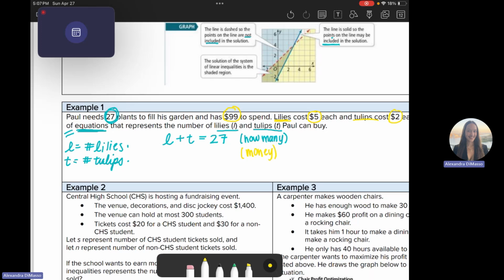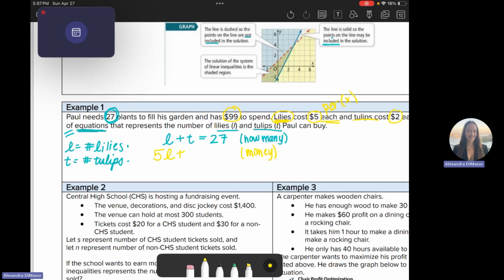So I know each lily is $5, each one. So anytime you see this word each, or you might also see like $5 per lily, that means we're going to be doing multiplication. So each lily is $5, so 5 times the number of lilies, or 5L,